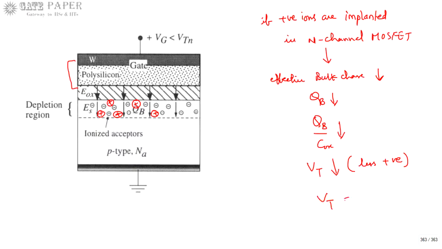So how many positive ions? That is the amount of positive ions you are going to add using the ion implantation technique to get a change of the threshold voltage from plus 1 volt to minus 1 volt. That is what we are going to calculate. So at one point it may become minus 1 volt also. So now we will go for the actual question. So this is very important.